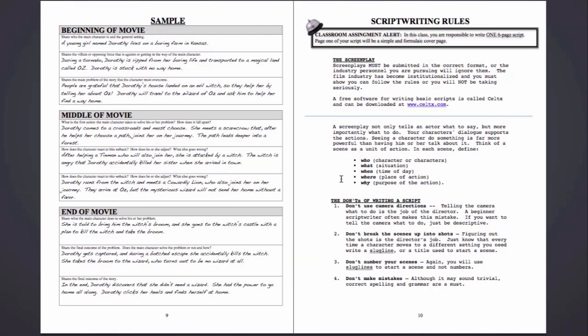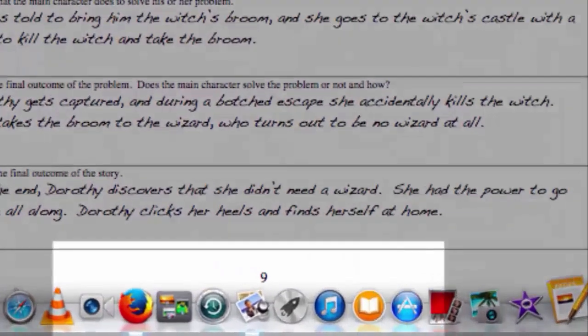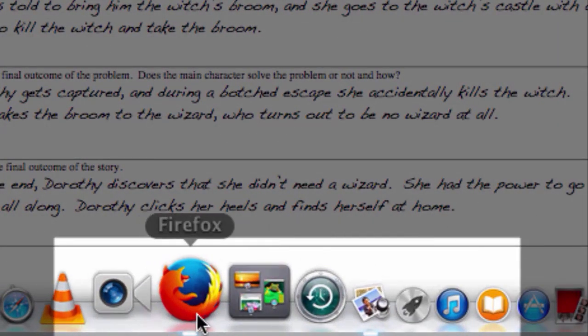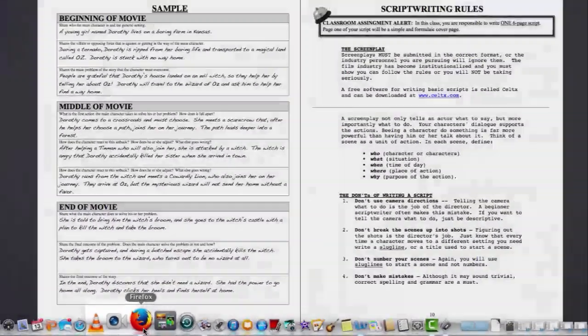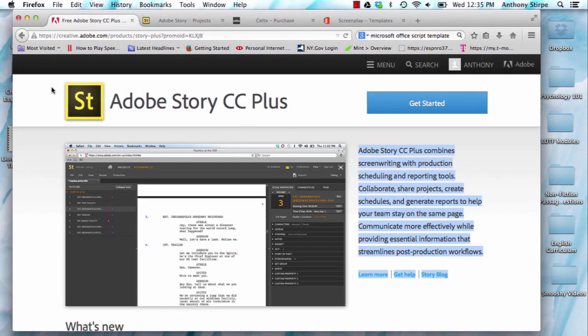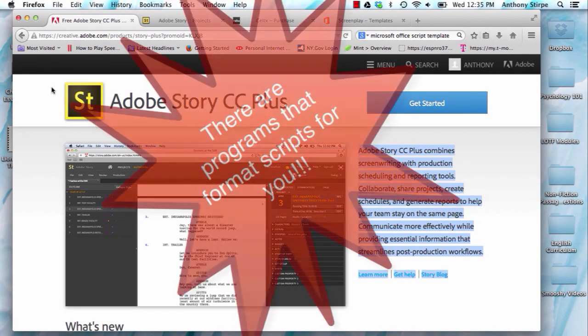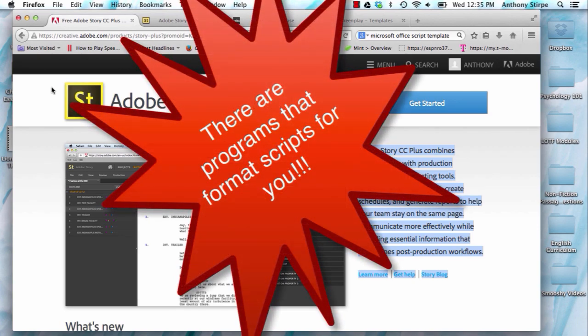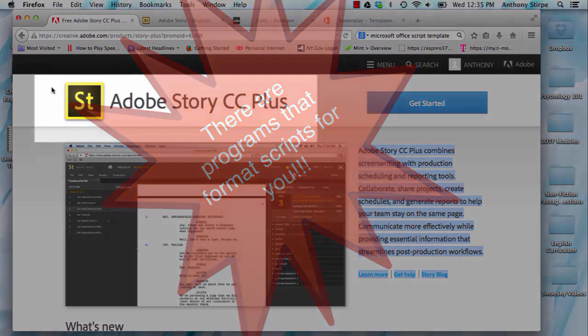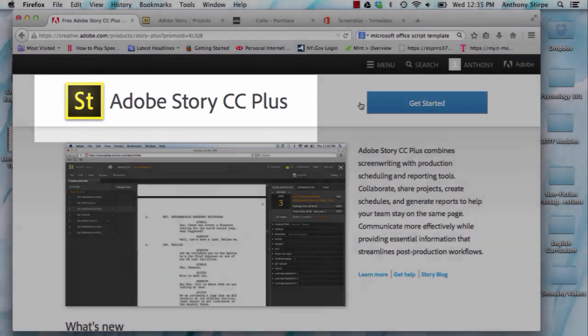to explore. There are a number of templates and softwares that are designed to help you in the process of creating your screenplay. Many of these different templates can be found online. One of the best tools available to you are the programs that format the script for you in the appropriate way. One of these is called Adobe Story Plus.